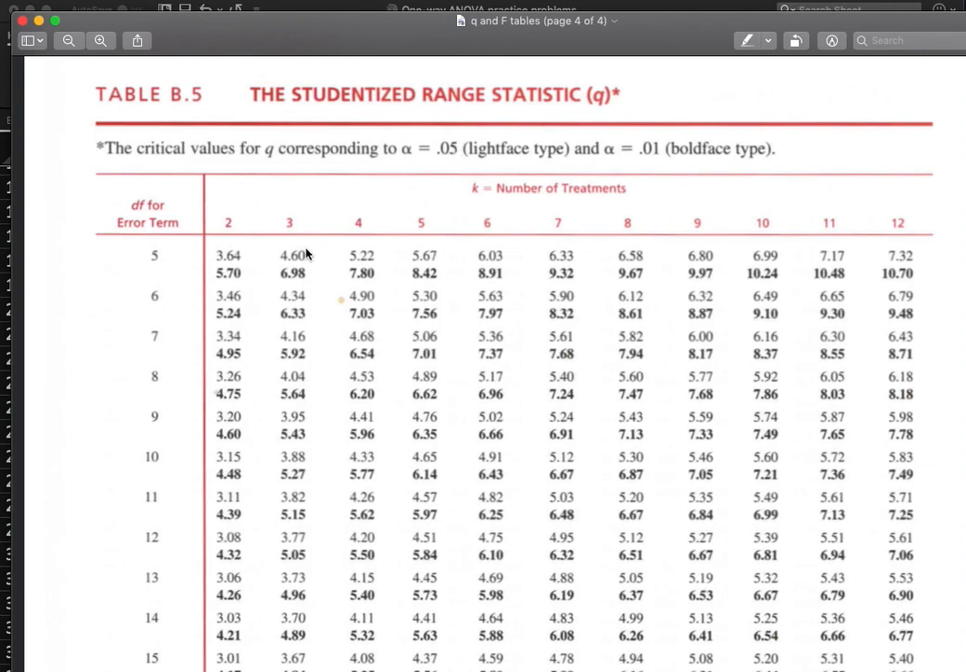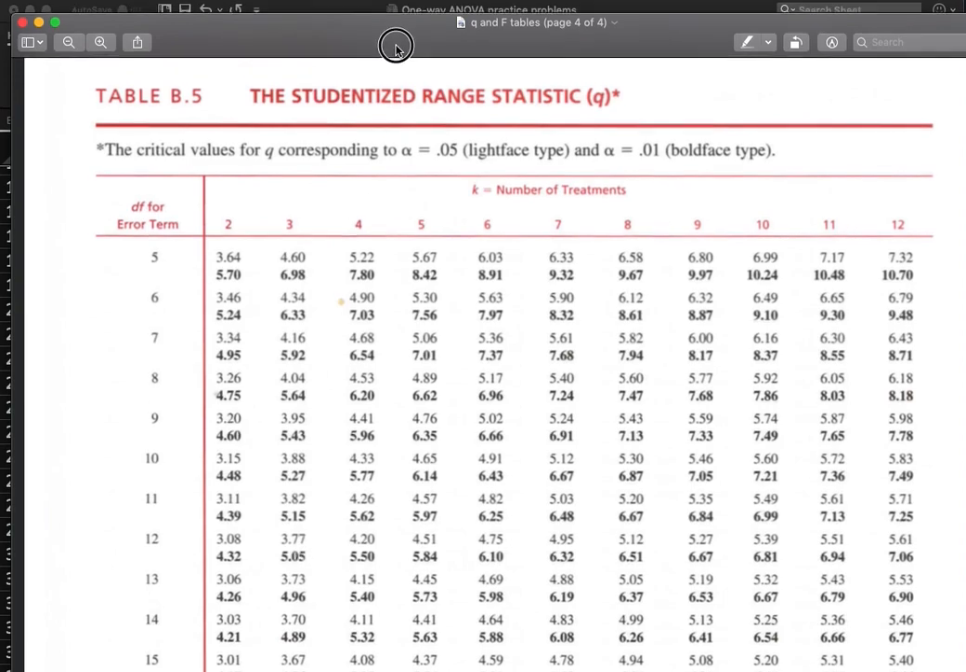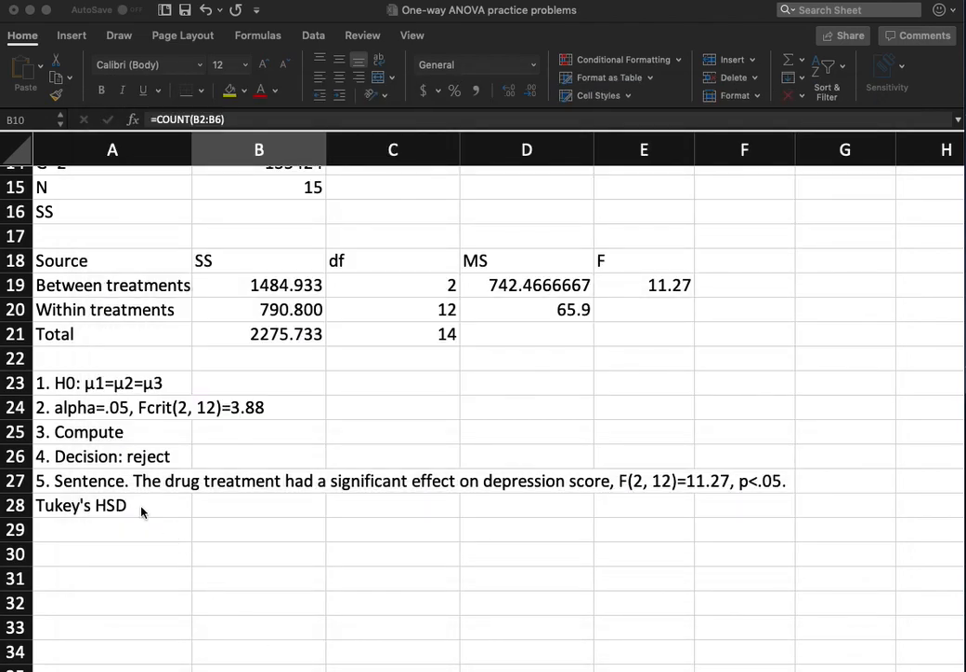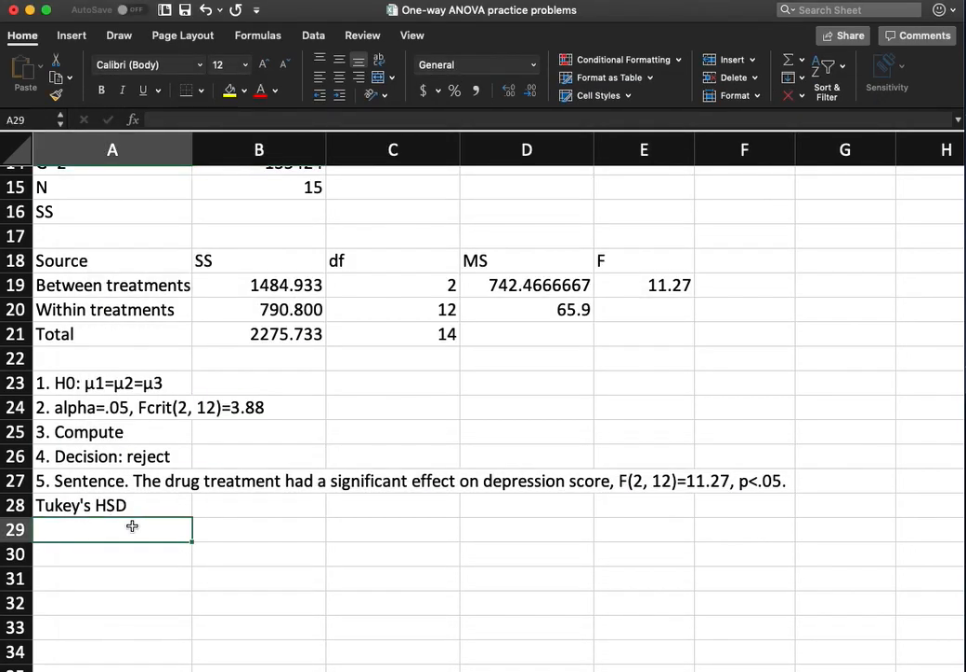Okay, so if we get 3 treatments, and we have 12 degrees of freedom in the error term, remember, because the error term is the denominator. With 3 treatments and 12 degrees of freedom within treatments, 3.77 is the value for the studentized range statistic. And I'll show you an example of that in class. It's not going to be a big deal. So Q equals